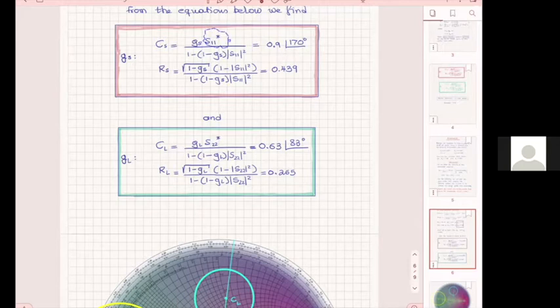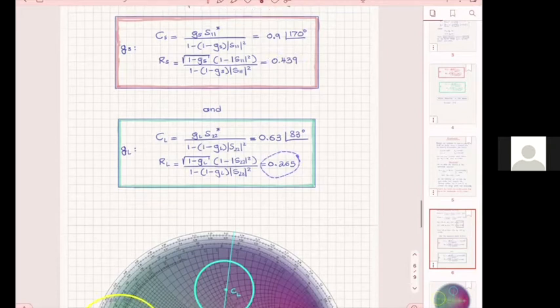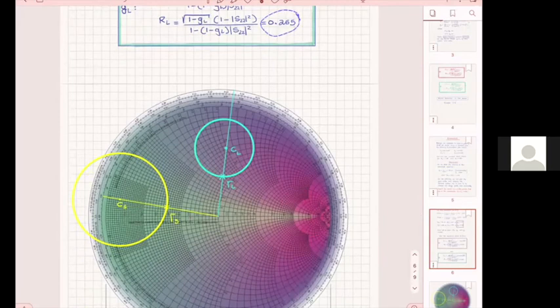And the rest, of course, is just the magnitude of CS. And the CL too. CL has, of course, a magnitude, and the phase of CL is the opposite of the phase of S22. However, each one of them has a different radius, okay? Radius for RS, radius for RL. All right. So now we have from all of these, so here on all of this yellow,